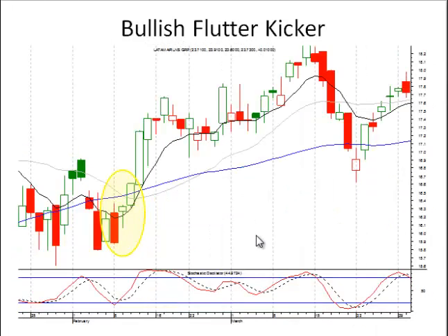And even though the kicker signal is a powerful signal in itself, it can still be accumulated with other signals, such as a bullish harami, then another down day, then the kicker signal, flutter kicker signal set up. This all added together tells you this is where they were bottoming and this is where they came in with strong buying.